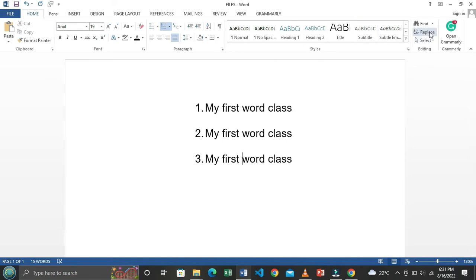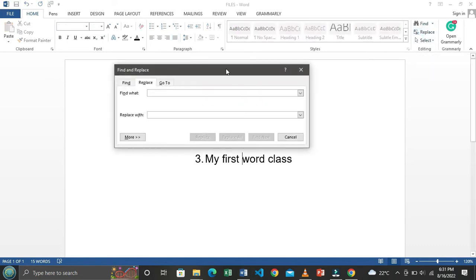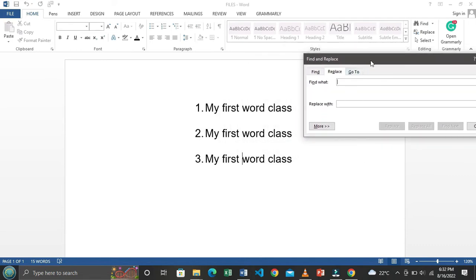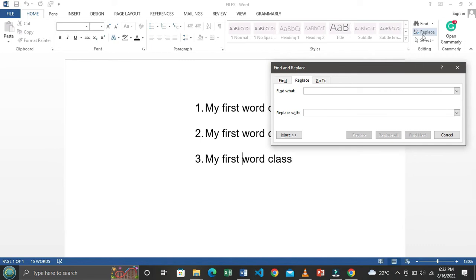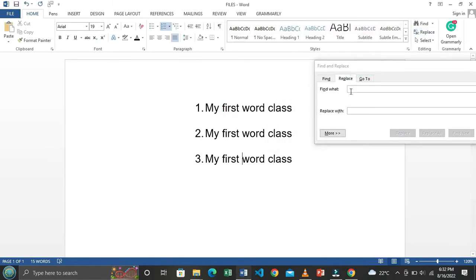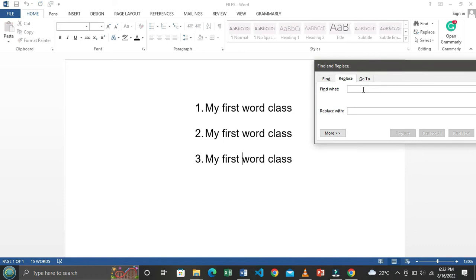Then we also have, in the editing section, replace here. We have replace if you want to replace certain words at once without wasting any time. So let's say I want to replace the word first with the word second. So I want to type here first, then down here second,